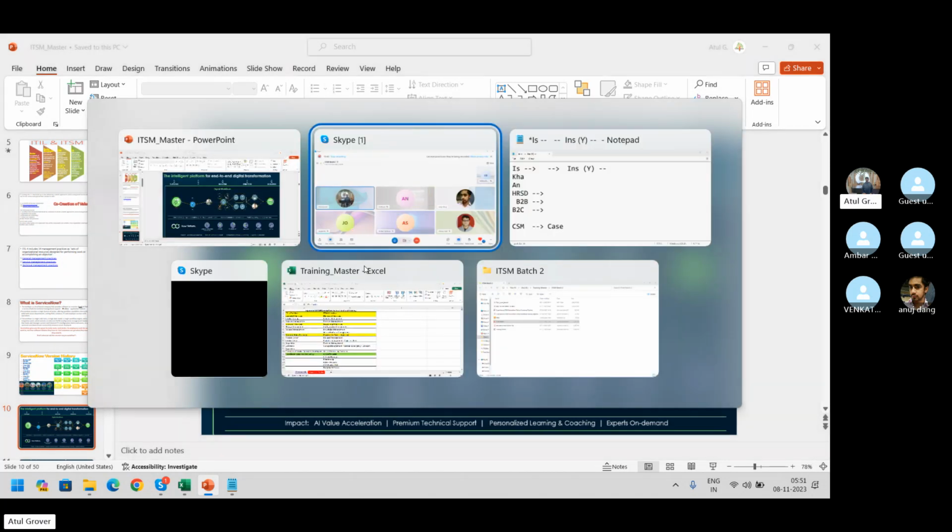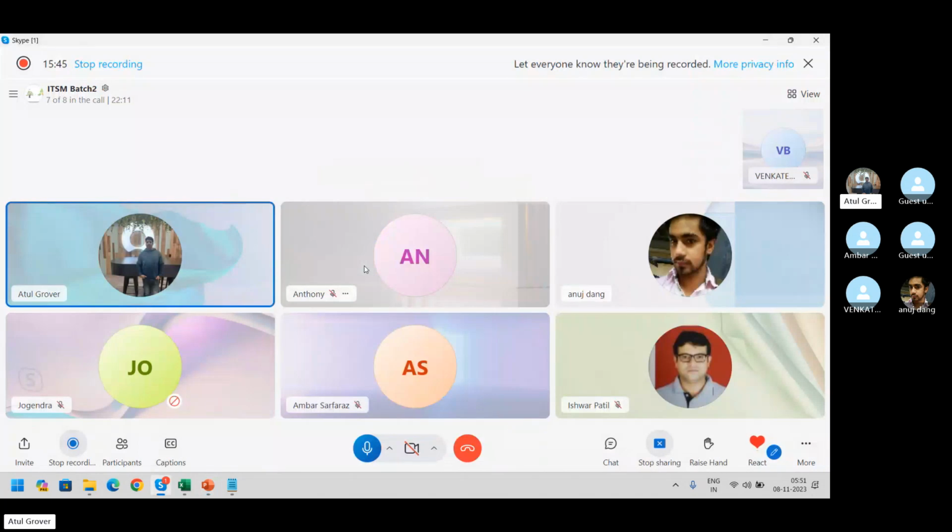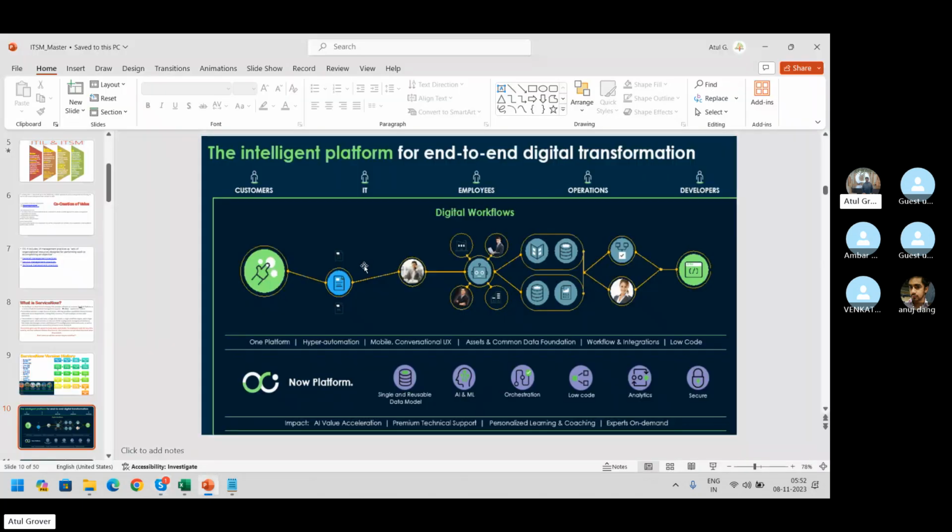Like our castes, our surnames. Maybe at the end, our gotra is the same because our roots are the same. Someone is putting Sarfraz, someone Patil, someone Grover, someone something else. But if you look at the end, we'll find some commonalities, that our roots are common. This is what single code base means.